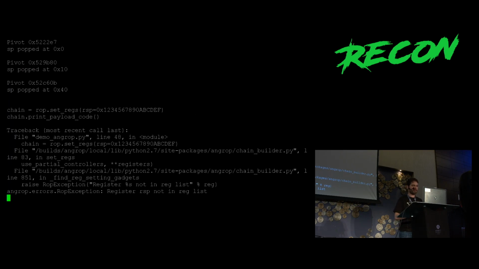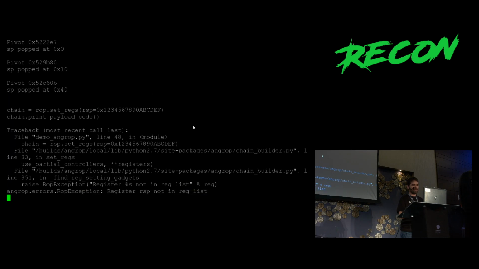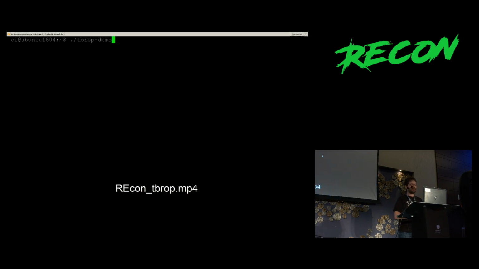So this is surprising. And angrop allows you to do automatic chaining, and also you can set a register to a given value. But if you try it with RSP, it doesn't work because it only works with general registers. And so you can choose angrop in this setting.